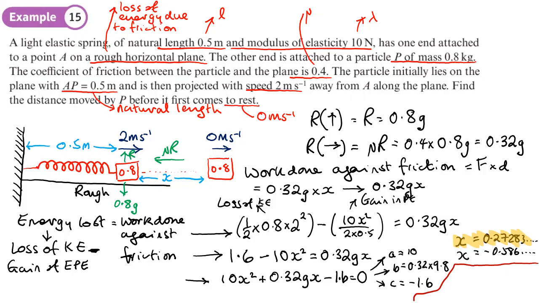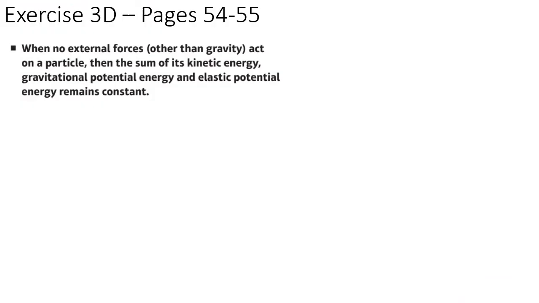Strictly speaking it's 2 significant figures because we're using g, which is 2 significant figures. That distance is going to be 0.273 meters if you're using 3 significant figures. If you're using 2 significant figures, it will be 0.27. Okay, so you should now be able to do exercise 2D on pages 54 to 55. So remember,